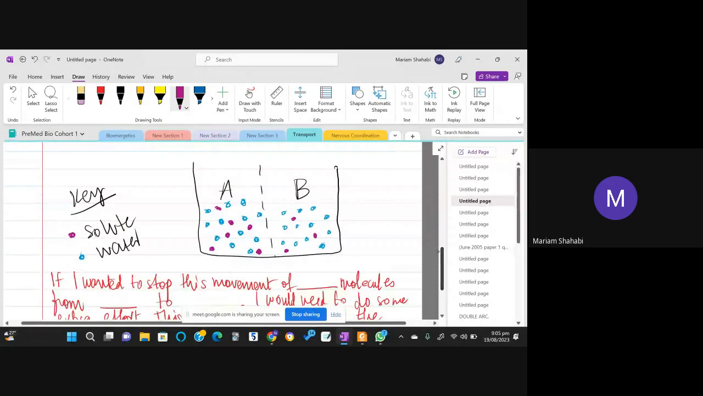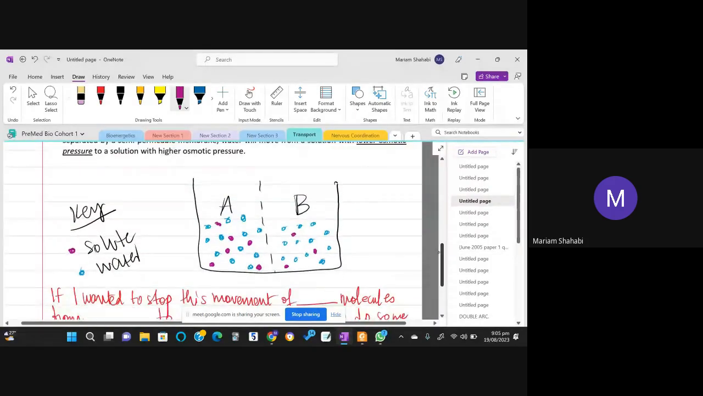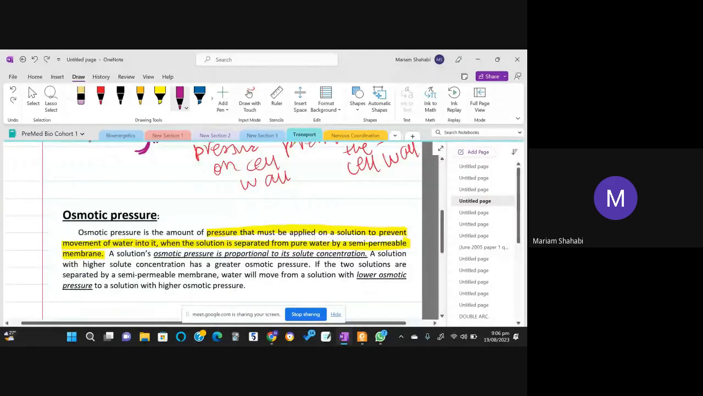Again, the same diagram. मैंने इन दो solutions को, now you can see that these solutions have different concentrations. A has more solute visibly, A is more concentrated and B is less concentrated. ठीक है? And we know कि जहाँ पे solute ज़्यादा होगा वो solute पानी को अपनी तरफ बुलाएगा. And what that means is कि osmosis will occur. Now, osmotic pressure is simply